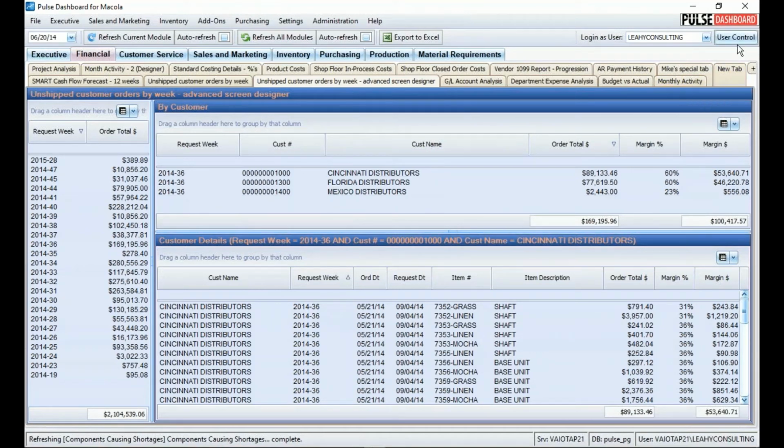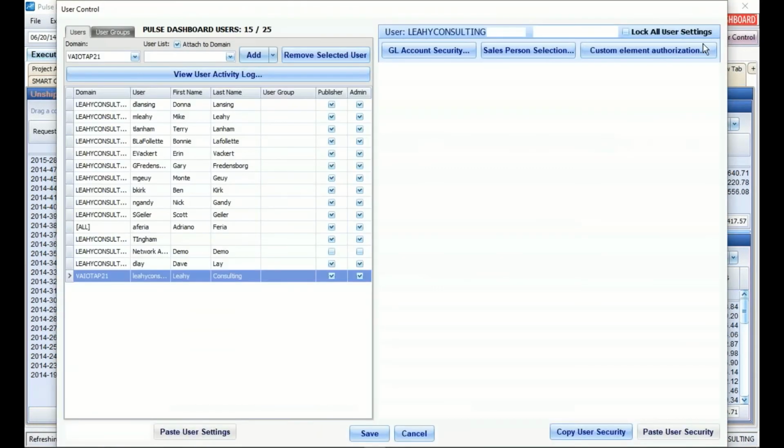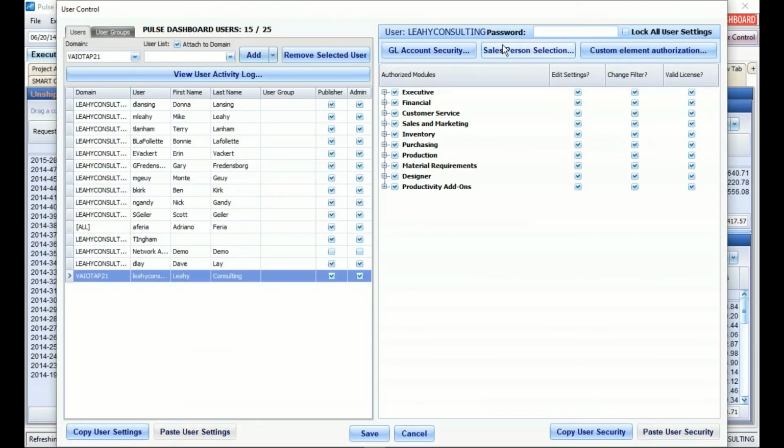I'm going to lose this information. If I go up into user control, only the administrator has user control. So I go to user control, and I go to my custom element authorization. What we did is we developed this so that if your salespeople are using the software